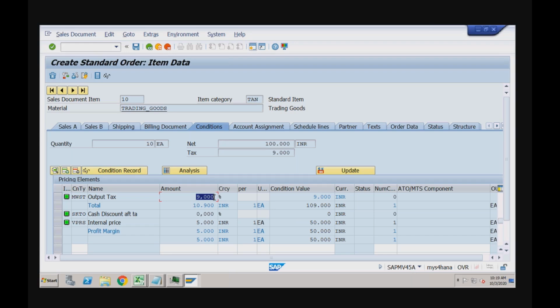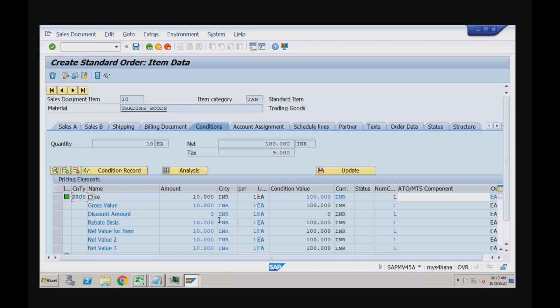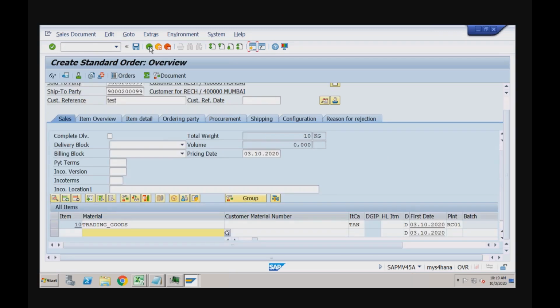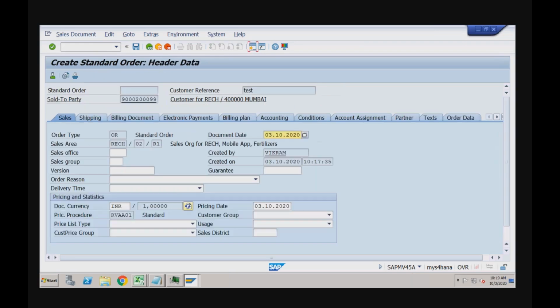But the question here is how the system came to know that I want the cash discount condition, I want the basic price condition, and there can be many other condition types which can be available in the pricing procedure that we are using. Which pricing procedure are we using? We are using this pricing procedure. Okay, so if I take you to the configuration of this pricing procedure now,